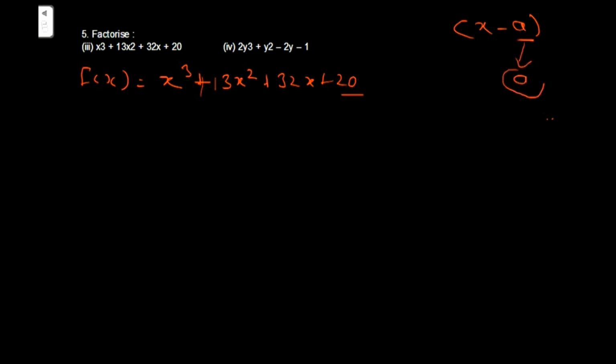So what can be the possible values of a? You cannot randomly cross-check for which number this polynomial comes out to be 0. But you can always notice that a will be one of the factors of this constant term. If I check the factors of this constant term, then I can check whether the value of the polynomial at that value is 0 or not.